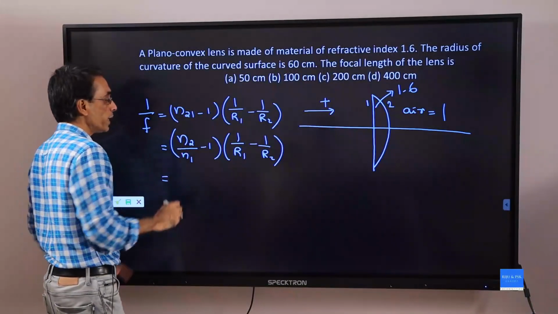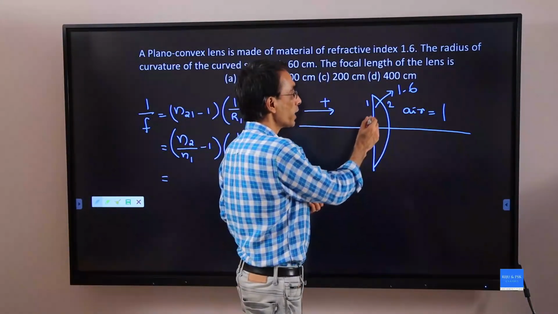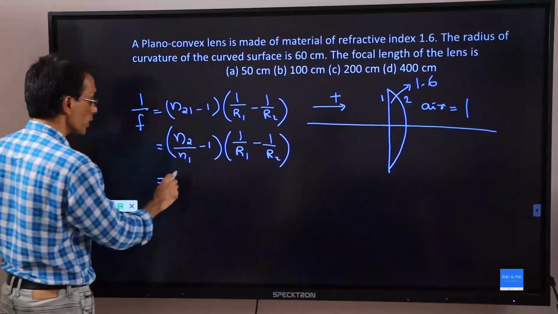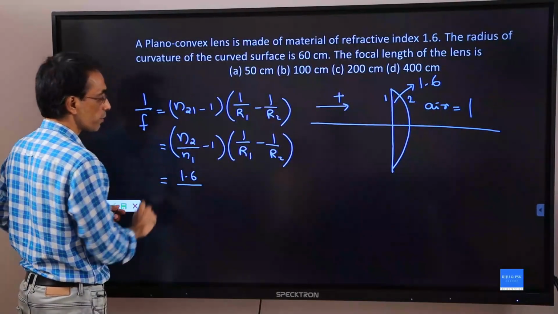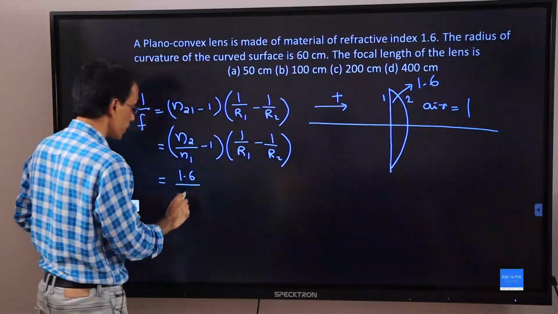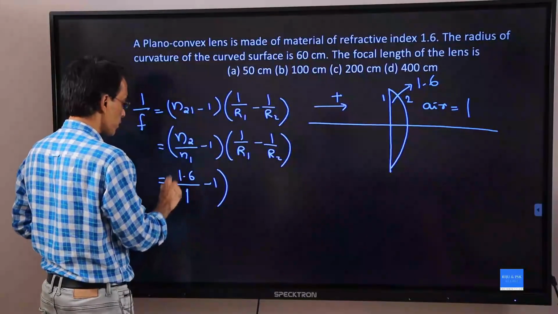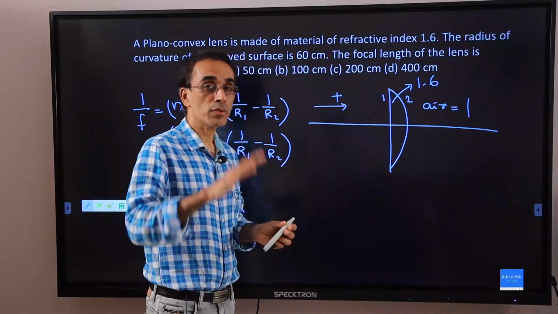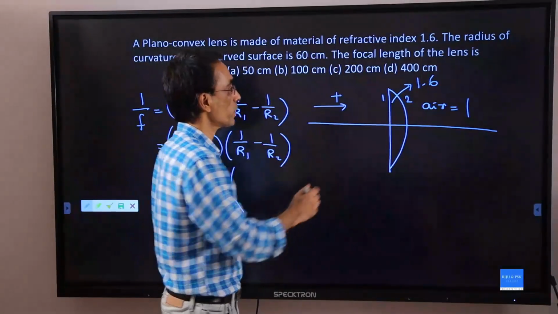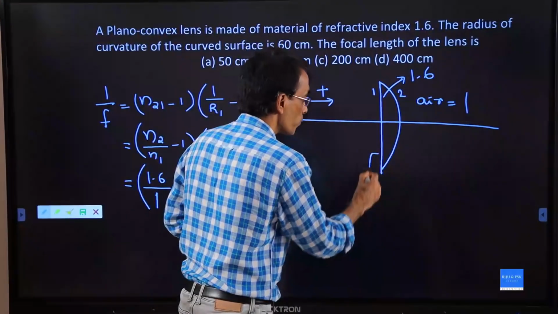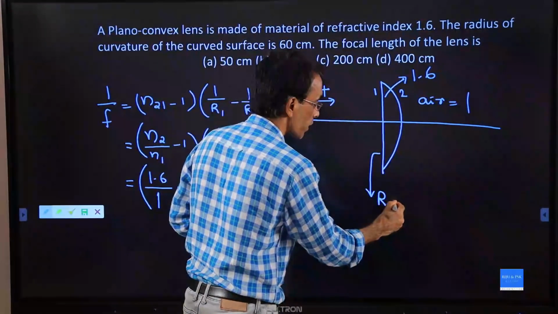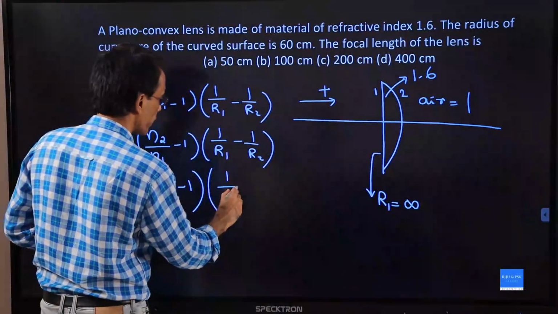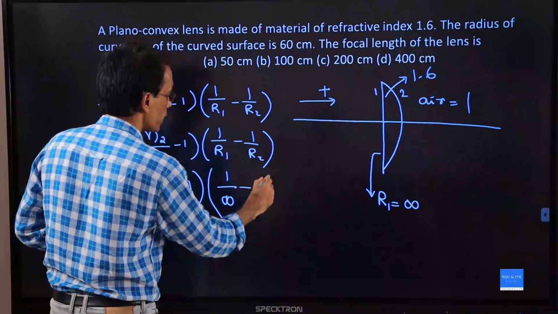What is n2? n2 stands for the refractive index of the material of the lens. So n2 here is 1.6, divided by n1, the surrounding medium, which is 1, minus 1. R1 is the radius of curvature of the first surface, and the first surface is a plane surface. For a plane surface, radius of curvature is infinity. So I will write 1 by infinity minus 1 by